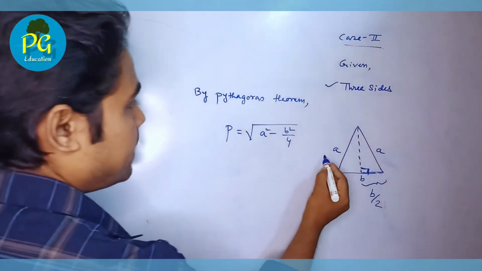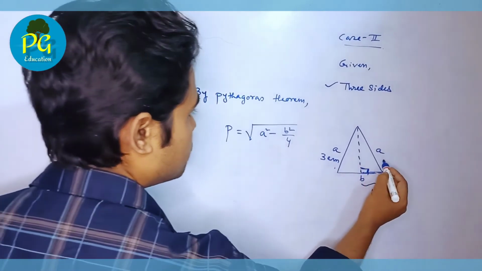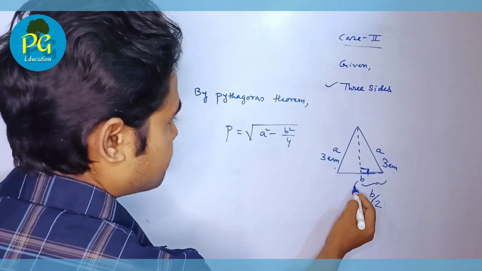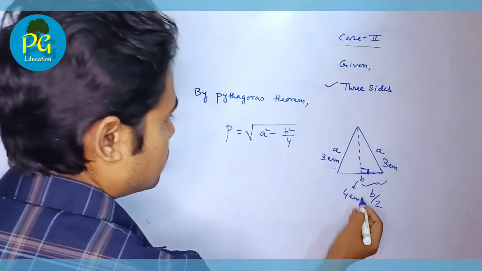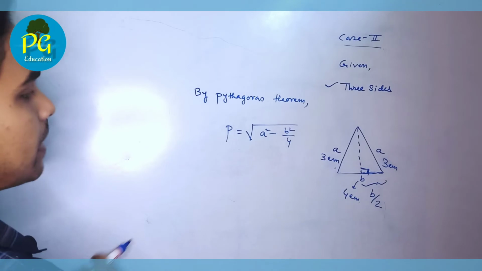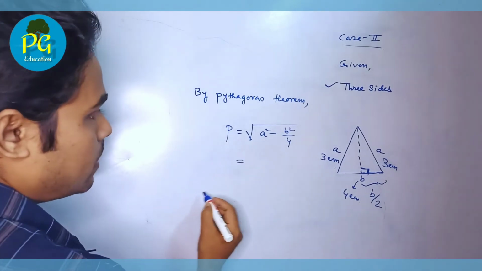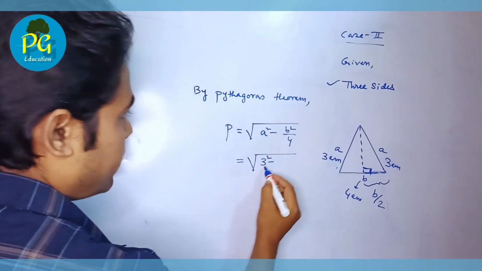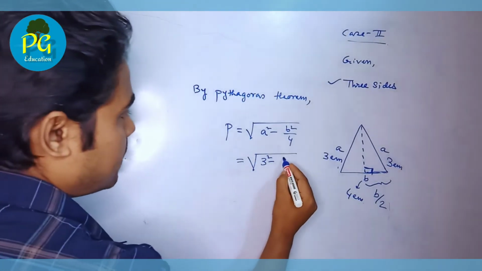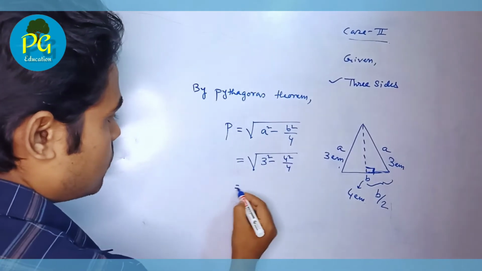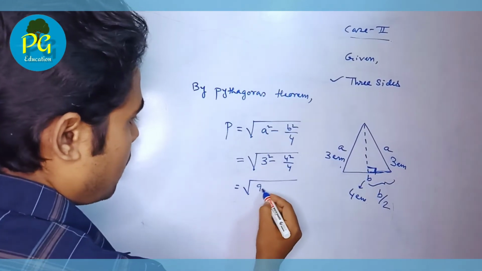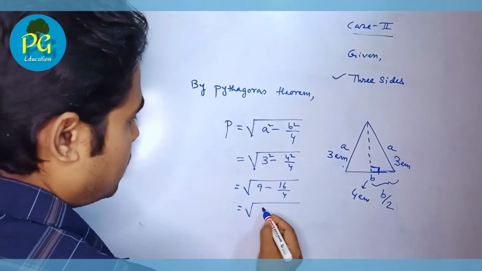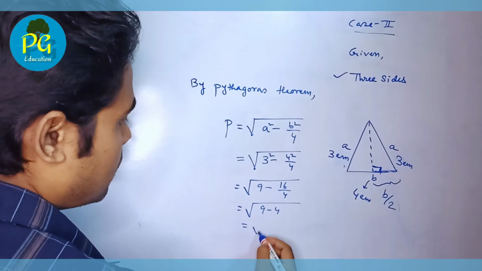Suppose the value of A is 3 cm and the value of B is 4 cm. So what will be the height? Height equal to under root 3 square minus B square, that means 4 square by 4. So this is equal to 9 minus 16 by 4. This is equal to 9 minus 4 equal to root 5